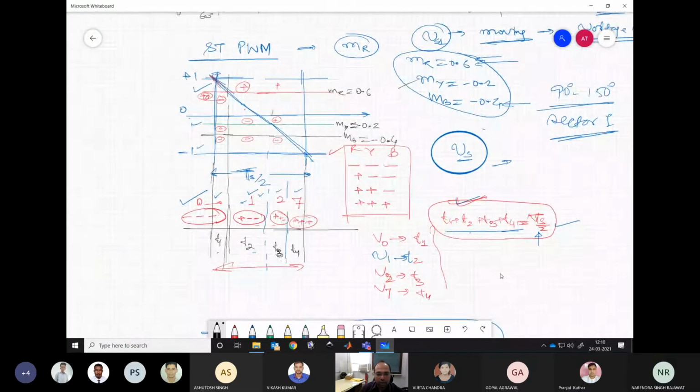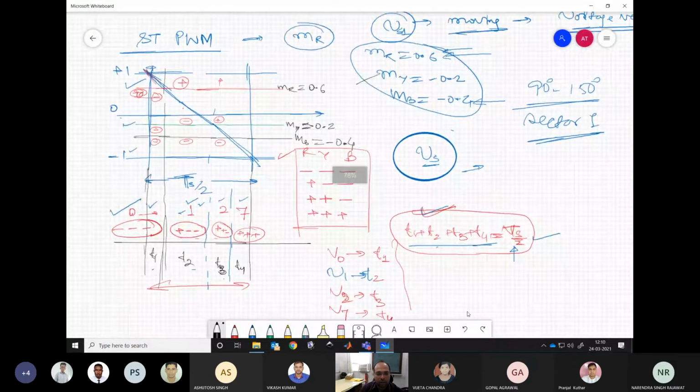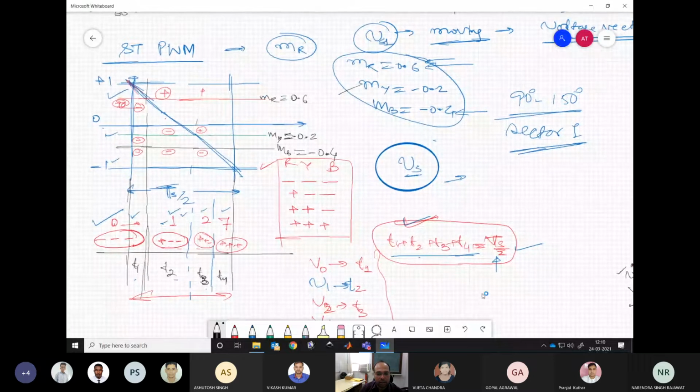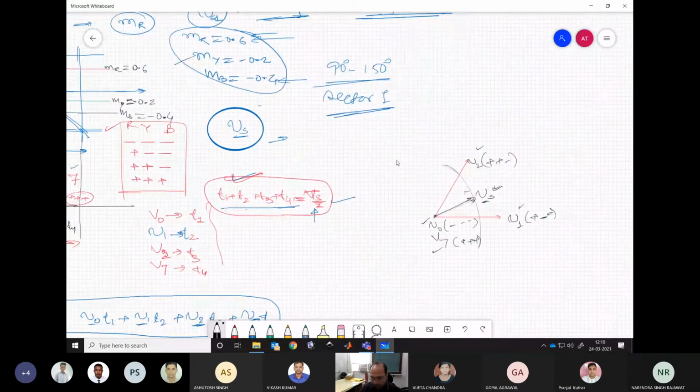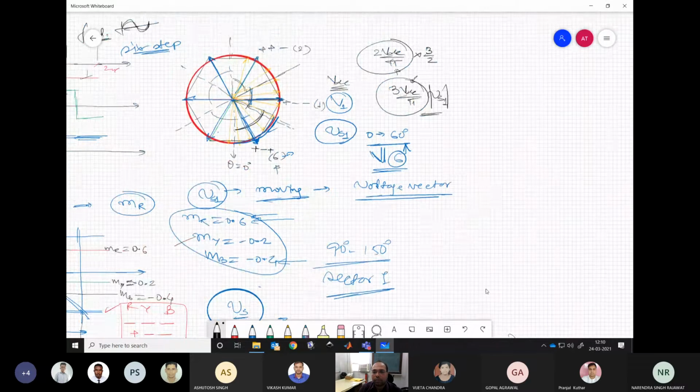Now, it is not necessary to always have realization with a triangular carrier and the modulating signals and all. If we know the value of the voltage vector and its position, we can actually apply these vectors according to the computed times. So what we can do, let us say,